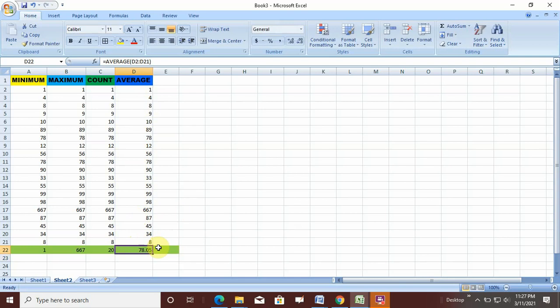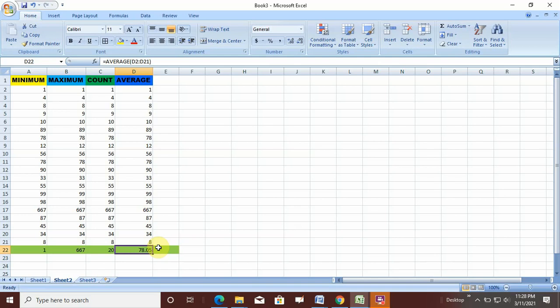So friends, I hope you have understood the concept of finding minimum, maximum, count and average in Excel. It will be very helpful when the data set is very huge, and also helpful in analysis. For example, you have 100 cities where the minimum and maximum temperatures are jumbled. Suppose you have to find which city has the minimum temperature and which has the maximum temperature. You can apply equal to min, start the bracket, select all the set of data and enter it, and you will get the minimum.